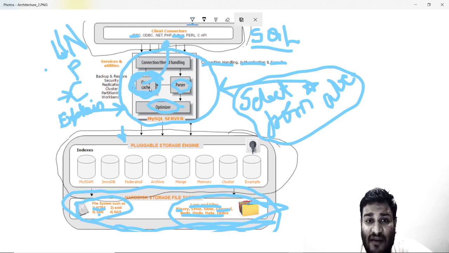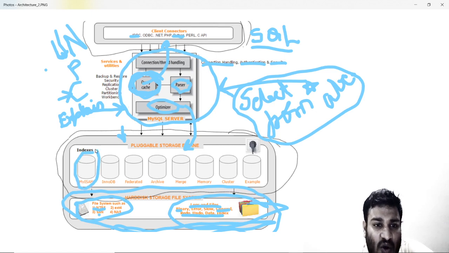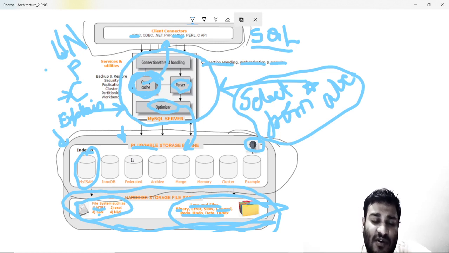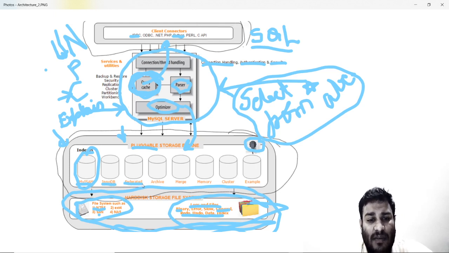But if it does not have the data in the query cache, it will go to the storage engine. Now storage engines are of various kinds. All of them are not applied on a server, only one of them is applied, and these are pluggable storage engines. If you see over there is a plug, I have just created a plug over here for your reference. So what does this mean? There is a file in MySQL where you just need to change the name of the storage engine. If you say MyISAM, it will pick up that storage engine. If you say InnoDB, it will pick up that storage engine.